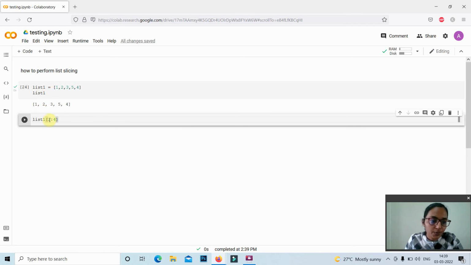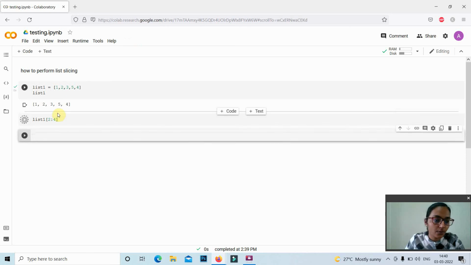Here 2 is the index value of i, and the indexing starts from 0, that is 0, 1, 2. The third element 3 is the second indexed element, and 4 is the fourth element, that is 1, 2, 3, 4, 5. Then by running this code we will get